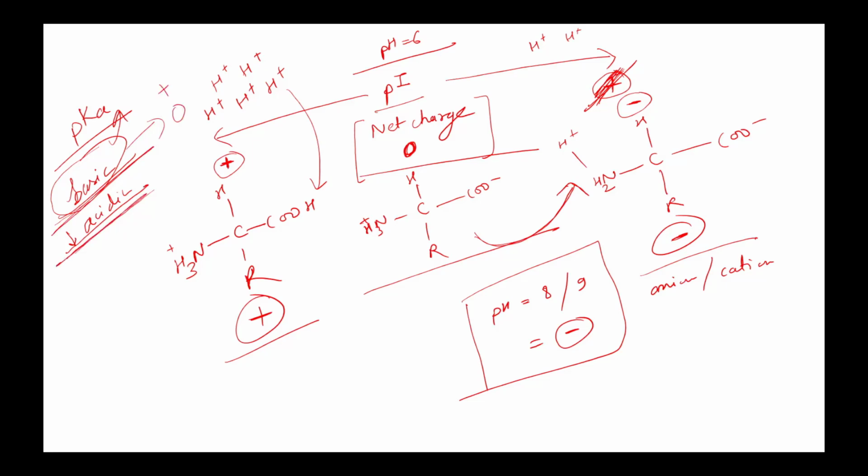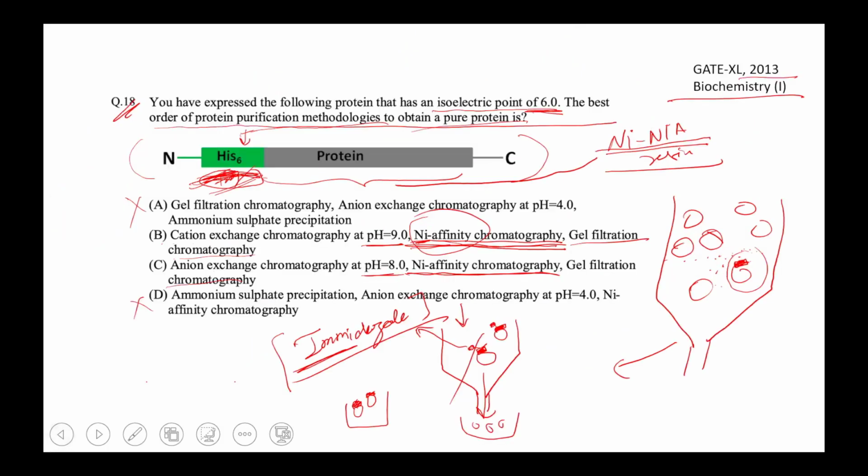For these acidic amino acids, because of the presence of charged residues, you can have a negative charge or a neutral charge. Okay, so that is why whatever this isoelectric point is that has been calculated, it has been calculated for the entire protein, not only for the presence of the histidine tag. Okay, so the net charge is the contribution all together of the entire amino acid residue side chains. So all together that is giving a charge to the protein, not only the histidine residues. Okay,